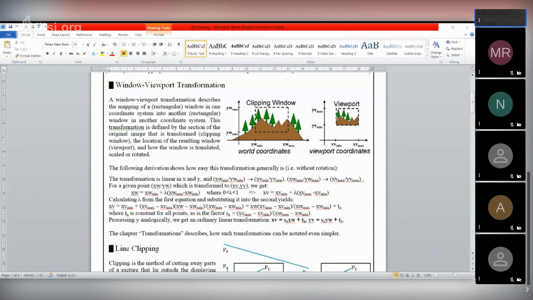Finally, we got this result: xv, that is the viewport coordinate, equals sx times xw plus tx.